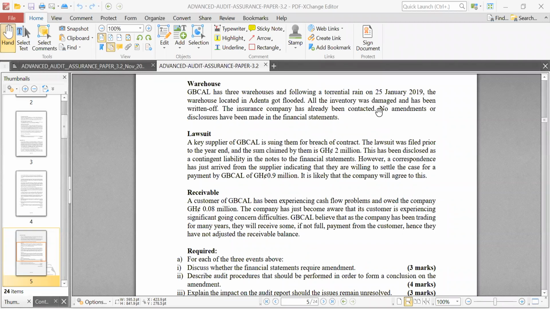But from the case, we are told that from the trading relationship, they might be able to recover something. So the big question here is: do we have to adjust the statement or not? If you think we should adjust the statement, say 1. If you don't think so, say 2. I just want to see what my students think. If you think this one deserves adjustment, say 1. It doesn't deserve it, say 2. Very, very simple.